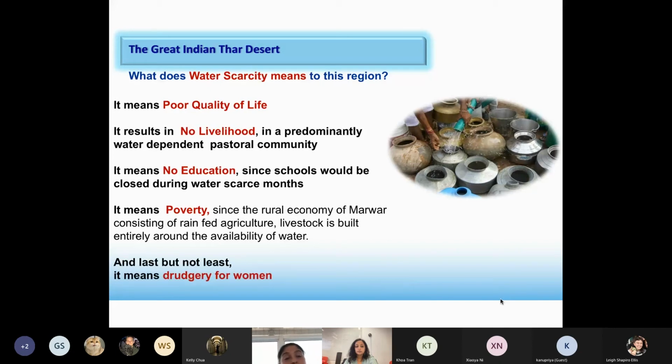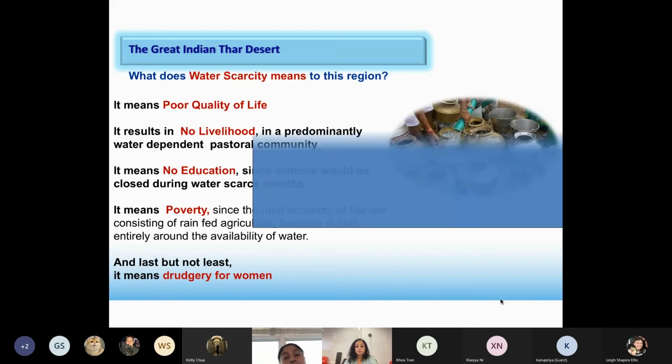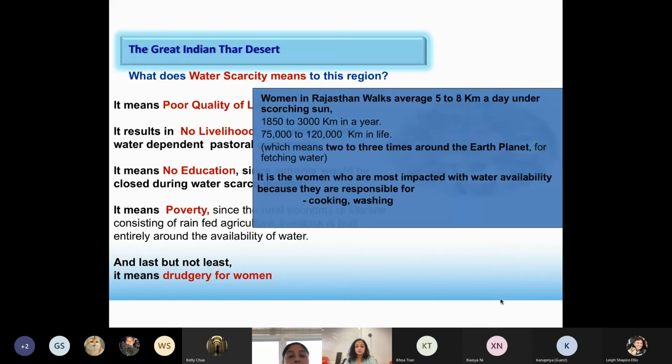And last, not the least, it is drudgery for women. This is a little statistic I'd like to share with you that we gather when we do our projects. We do a baseline survey to gather information against which we measure our impact. On an average, in the area that we work in, women walk about 5 to 8 kilometers a day